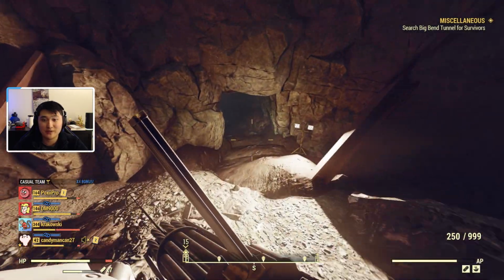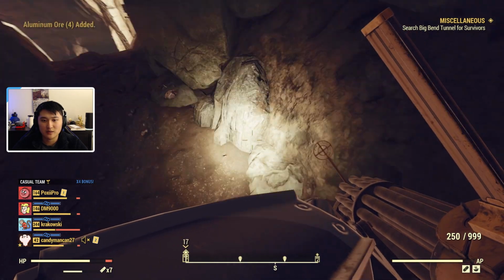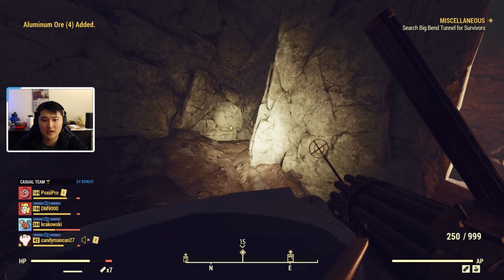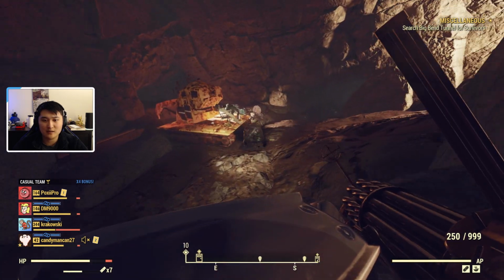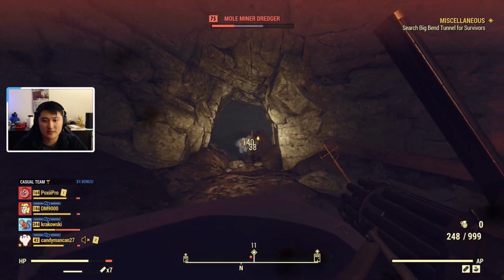And we can just keep going deeper into the mine and just looking around for aluminum. Here we go, some more aluminum. And so yeah, that's pretty much it for the aluminum vein locations. I'm going to go ahead and go on to the next method, which is going to be looting junk and